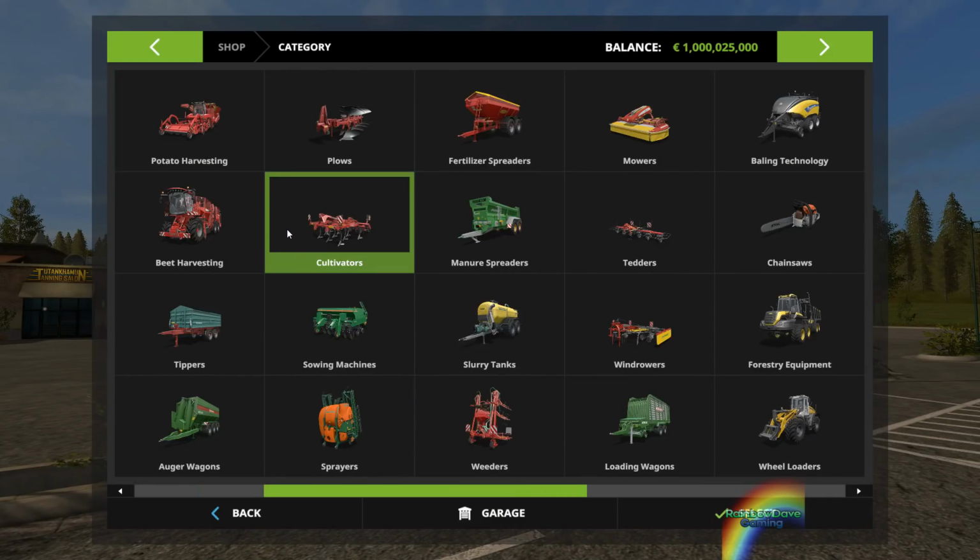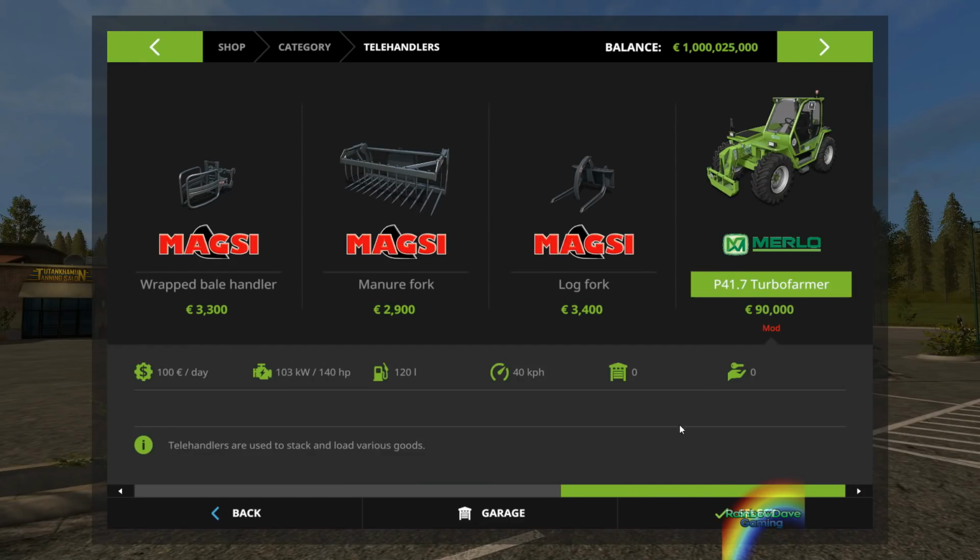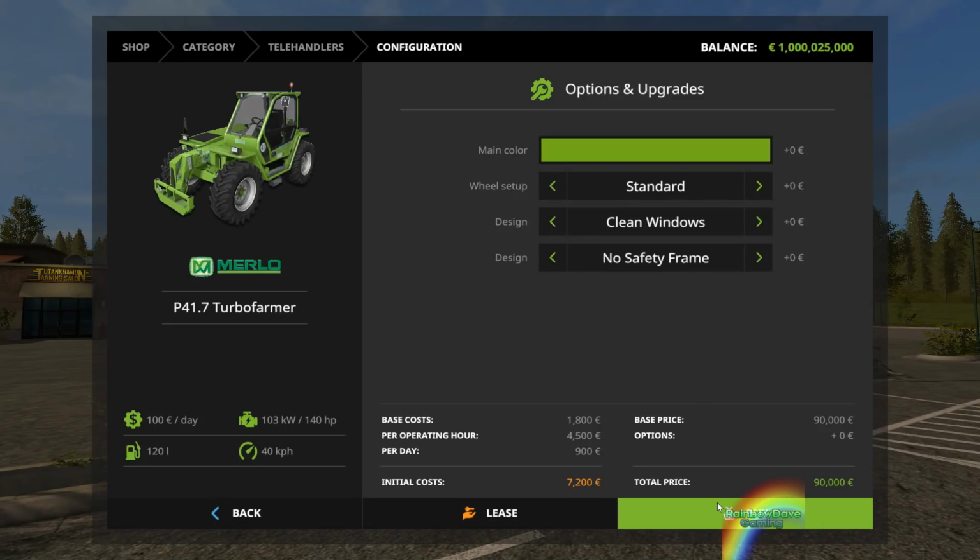Today we're going to have a look at the Merlo from the ARM team. The new one that came out fairly recently, the update. 90,000 to buy, claims 140 horsepower, I want to test that. Now they have claimed that they've done...